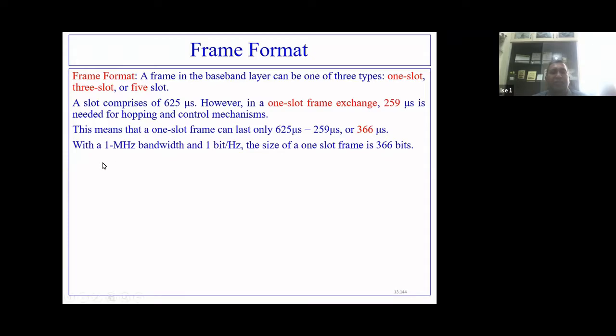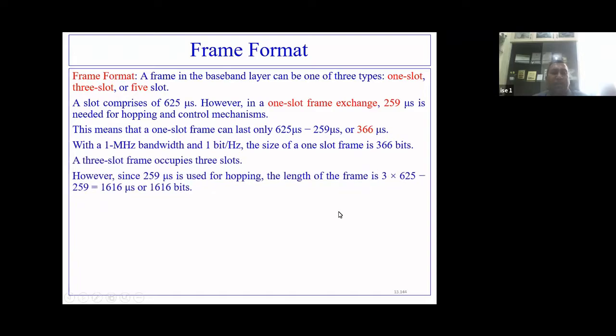With a 1 megahertz bandwidth, we can send 1 bit per hertz, so 10 to the power 6 bits can be sent in 1 megahertz. The size of a one slot frame is 366 bits. This is what is there.